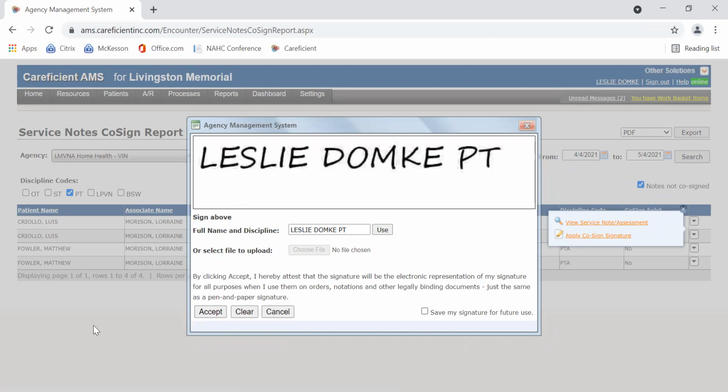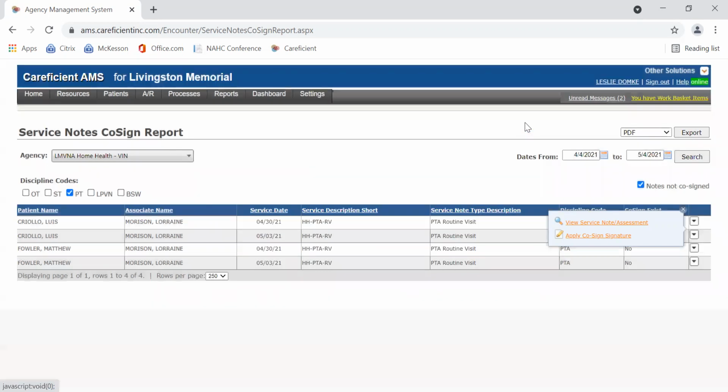And I'm not going to do this because this is a live patient. I'm going to leave this for, I think this is Randy's patient, and Randy would hit accept. Okay. Then